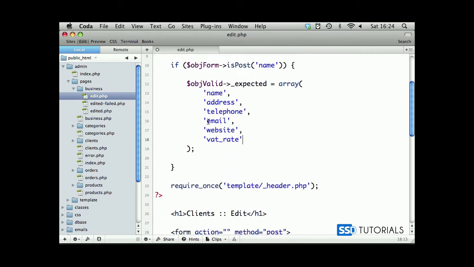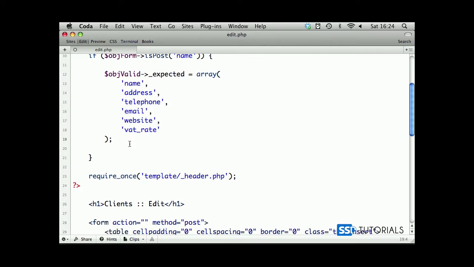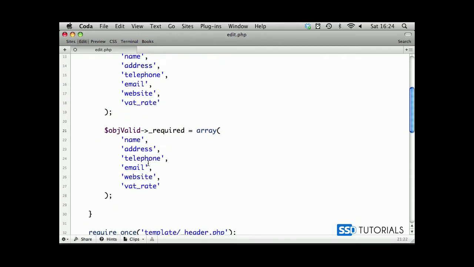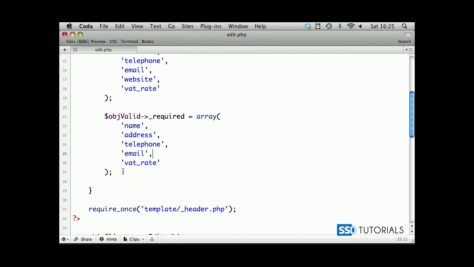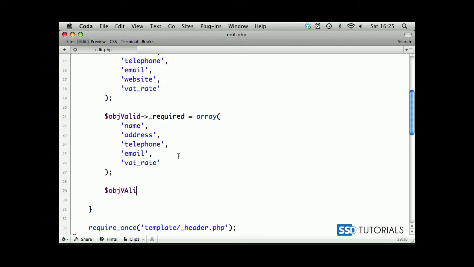Now if we copy this entire array, actually let me close this browser. If we copy this entire array and paste it underneath, this time rename expected to required, and what we are going to be taking here, now website will be optional, so we can remove website from here. Name, address, telephone, email, and VAT rate. Okay, so that's fine. Now we need to create another one, object valid